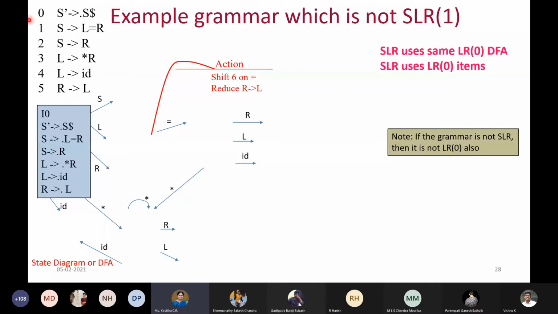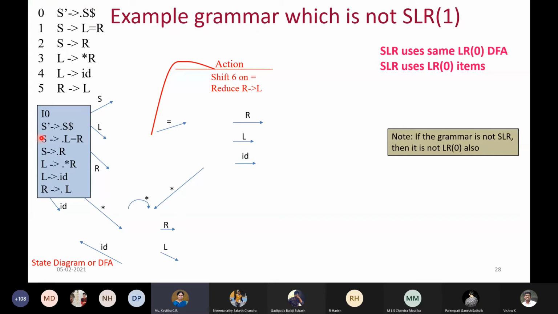This is the given grammar and already it has been augmented, already it has been numbered also. Okay, this is our grammar. Let us start with the start state. I am going to straight away construct the DFA using the LR of 0 items. Anyway, we will be using the same DFA for LR of 1 also. Okay, so let us see. We have started with finding the closure of the first rule, that is S dash gives dot S dollar.